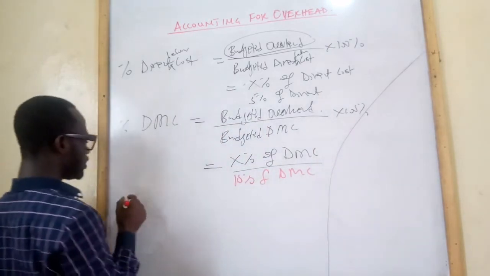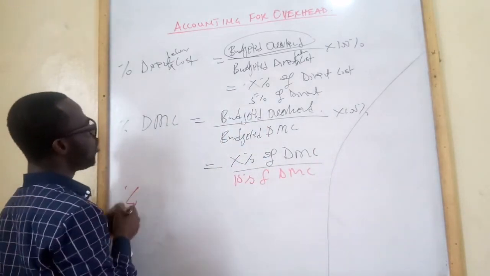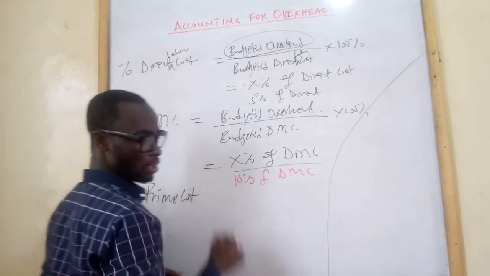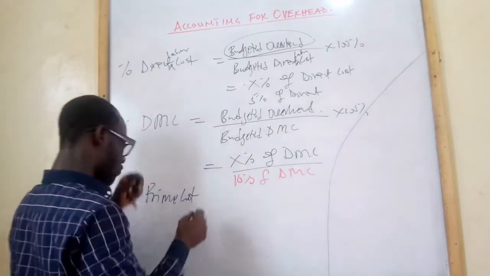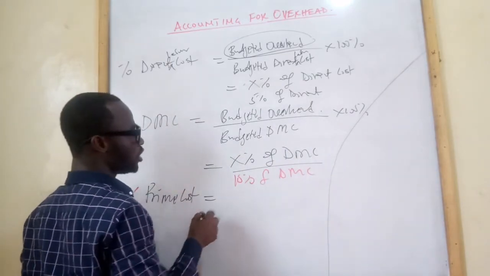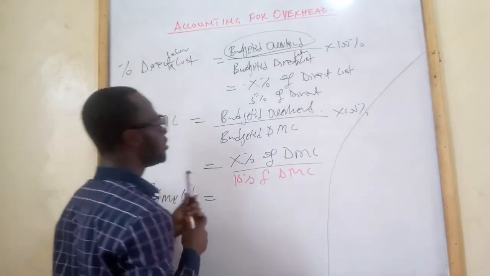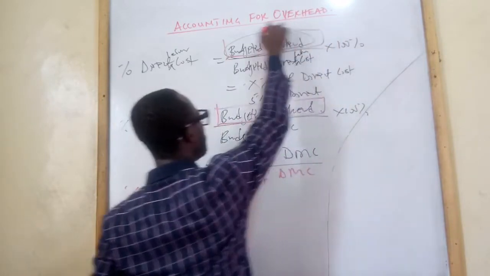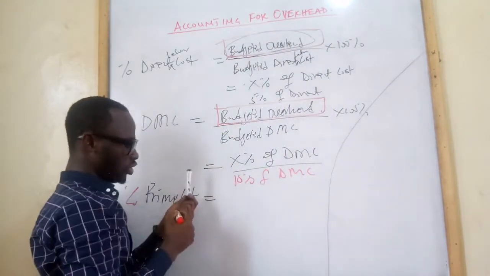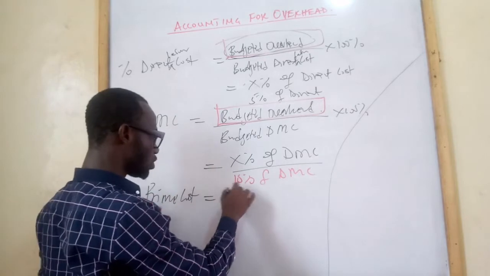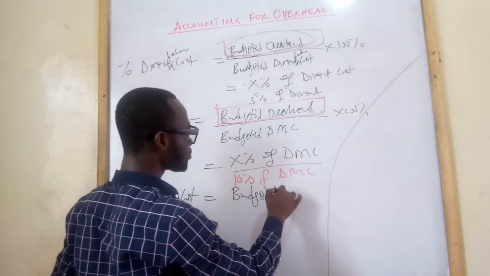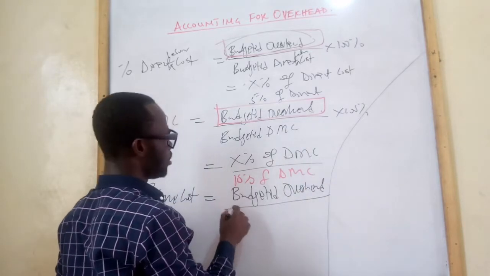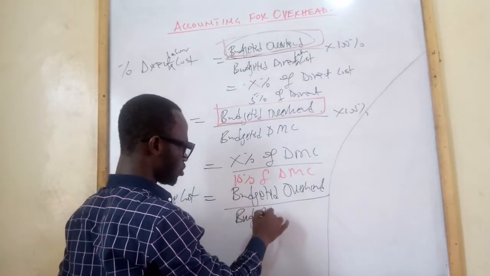Then we have the overhead absorption rate based on the prime cost, as a percentage of prime cost. You see, in all the overhead absorption rates we will be calculating, the budgeted overhead is going to be the numerator. It is the denominator that will be changing. So based on prime cost, it is going to be your budgeted overhead over your budgeted prime cost